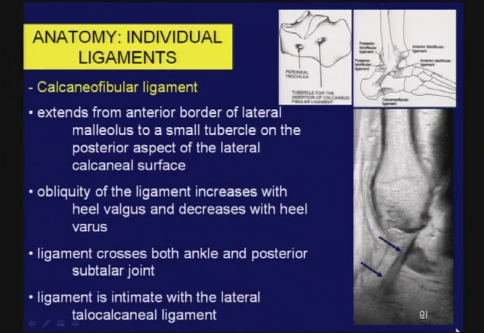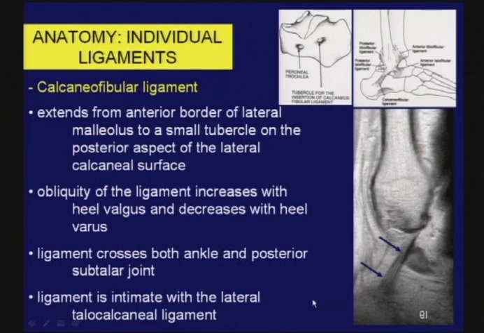The third of our lateral ligaments is the calcaneofibular ligament. And this ligament is obliquely oriented, attaching, as I've already indicated, to a bump on the posterolateral surface of the calcaneus that's of variable size. We've mentioned the ligament crosses both the ankle and the posterior subtalar joint. Its obliquity varies according to heel position, as you can see there, and it's intimate with another ligament that very few people talk about, yet it is important for the lateral stability of the posterior subtalar joint,